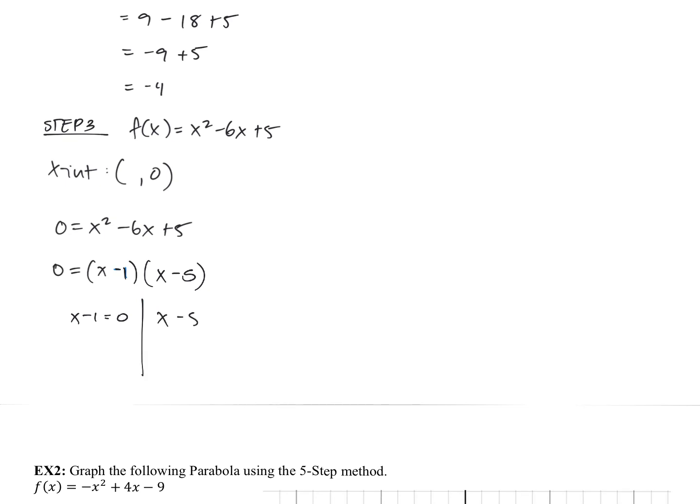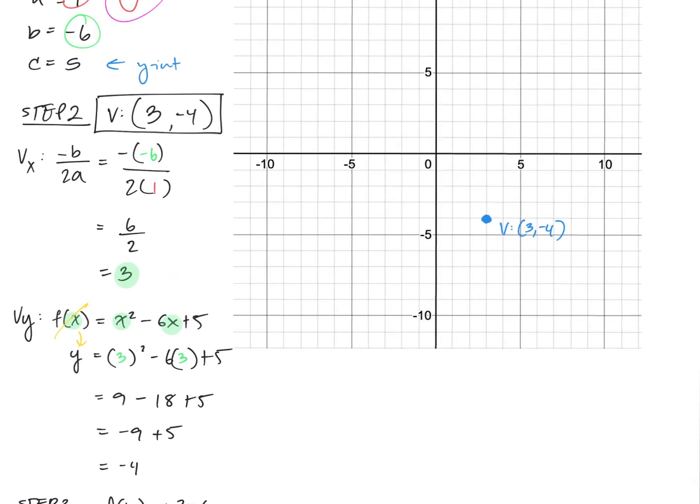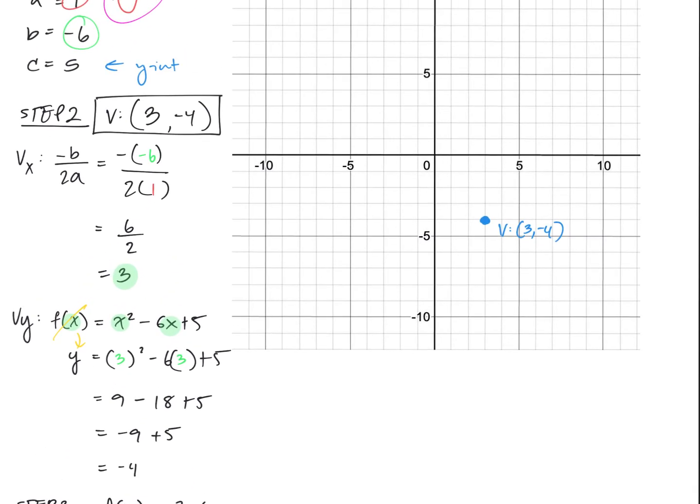So set each factor equal to 0. Solving for each factor. x equals 1. And add 5, x equals 5. So we have 2 intercepts, and once again, we need to write them in the proper format. I do grade for this. Okay, they're points, so you need to indicate that they are points. And let's go ahead and graph those points. So (1, 0), (5, 0). And another way to check that we've found the right intercepts is our vertex should be specifically, or